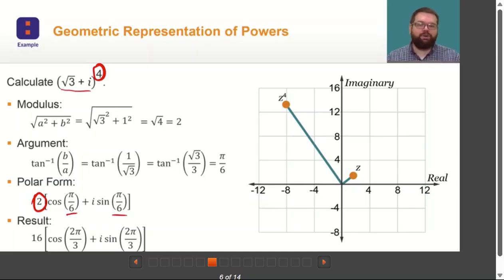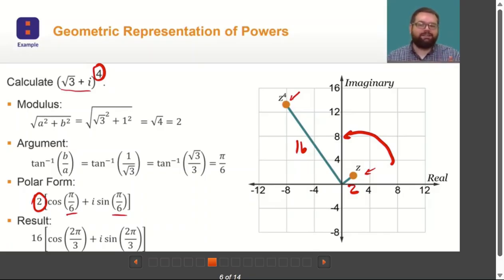The image on the right shows both the original number and the fourth power of it. The modulus of z is 2, while the modulus of z to the fourth power is equal to 2 to the fourth power, or 16. This is confirmed by examining the distance from each number to the pole. The argument of z is pi over 6, while the argument of z to the fourth power is 2 pi over 3. Thus, the argument of z got multiplied by 4, which resulted in the counterclockwise rotation shown in the